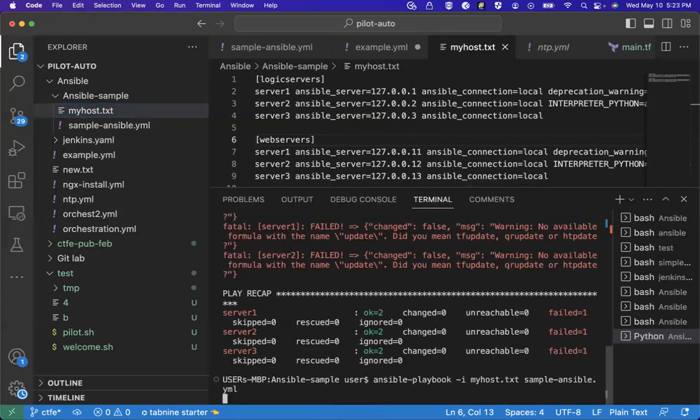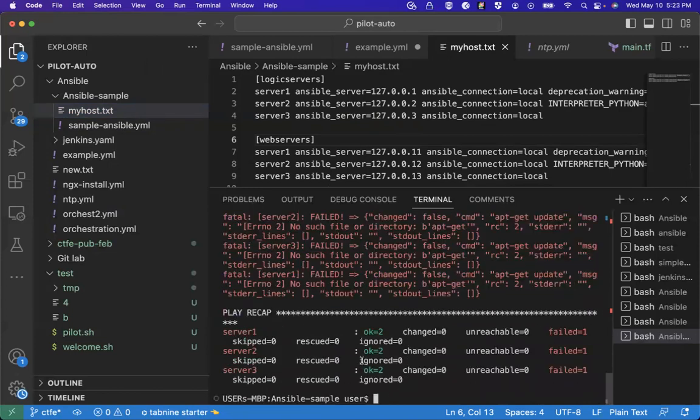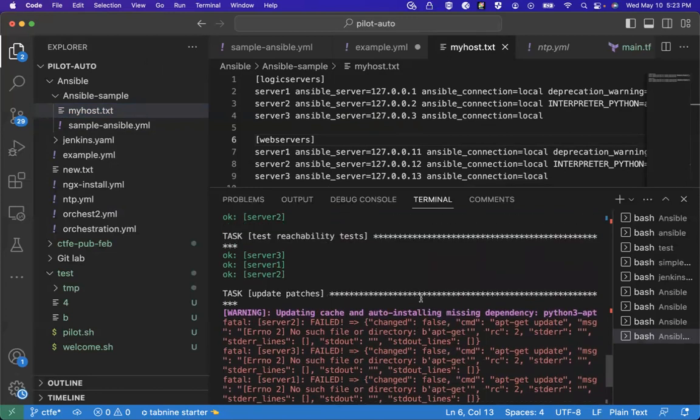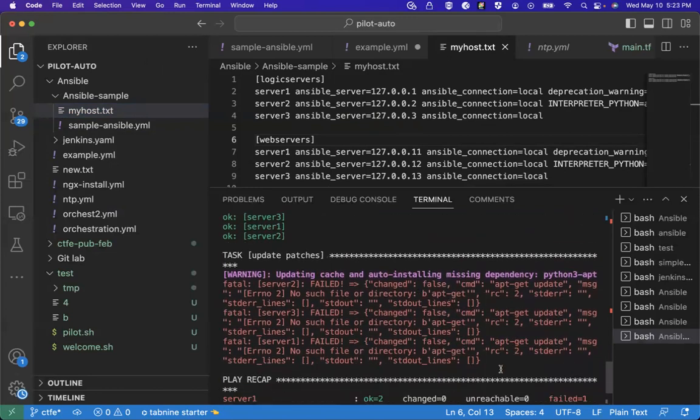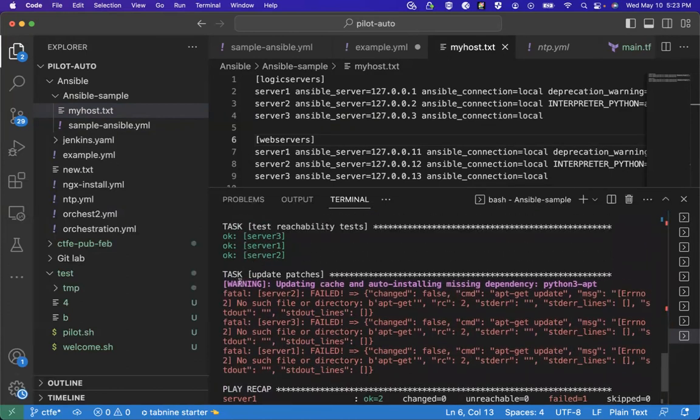If I run it, you can see what it came back with: updating cache, auto installing missing dependency, Python 3 apt.